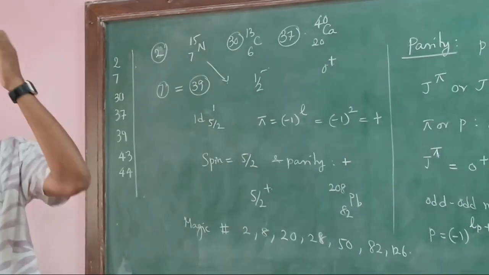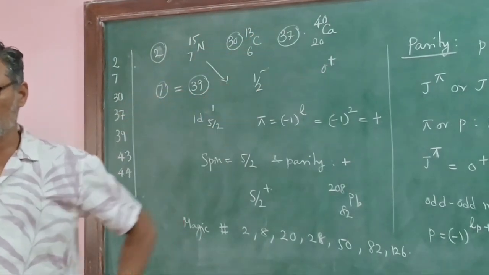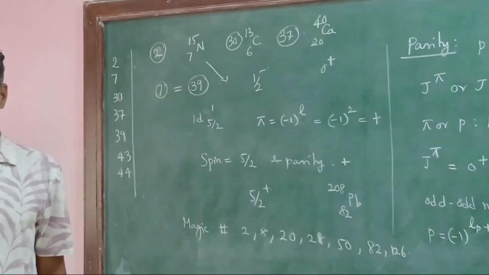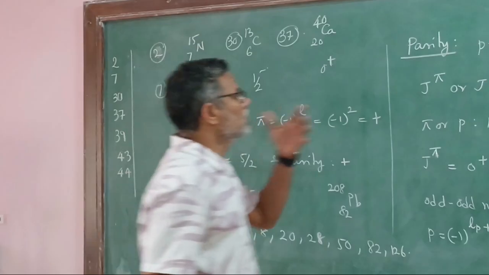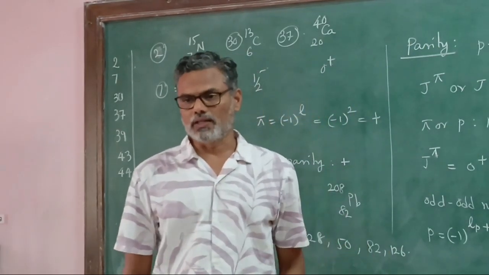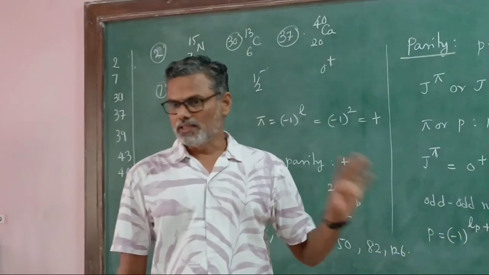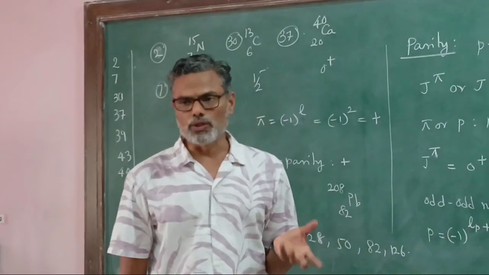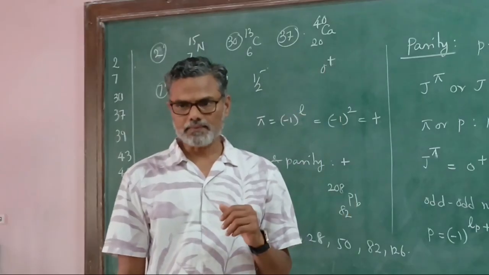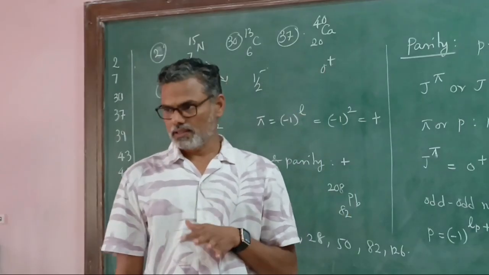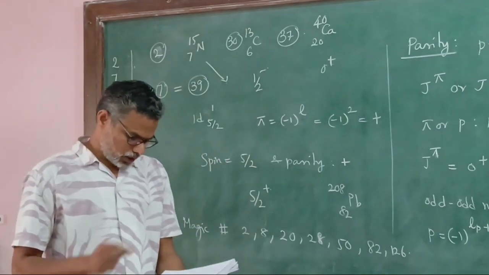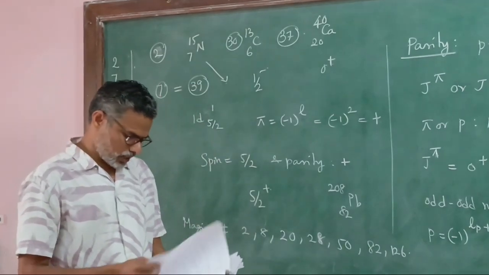Filling only the unpaired nucleon is very important. That's what is responsible for all kinds of properties, like in the atomic level, where the unpaired electron is responsible for the physical quantities. In the same way, whichever nucleon is unpaired, that is what is responsible. Remaining all intact. Okay. So with respect to the magic number nuclei, we have